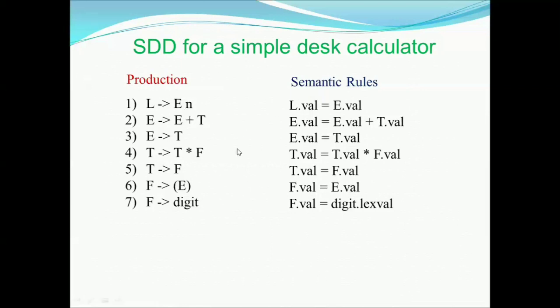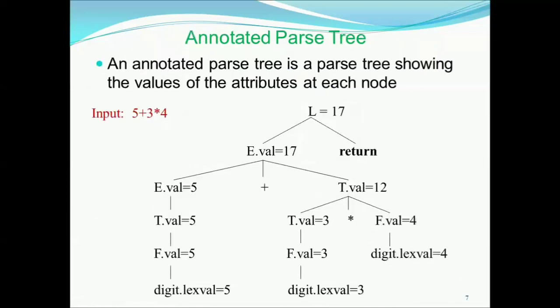The rules can be written. It is better to write a context-free grammar, I mean to say a parse tree, and then convert the parse tree into a rule. So if you write a parse tree for this, I'll explain what this annotated parse tree is. Write a parse tree for generating the string 5 plus 3 star 4, you know that.